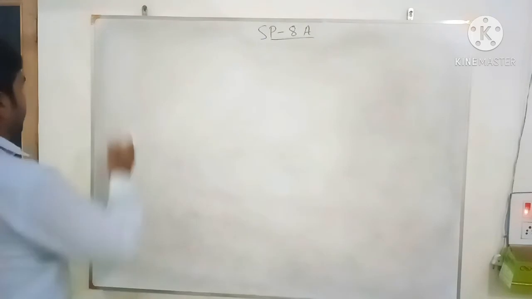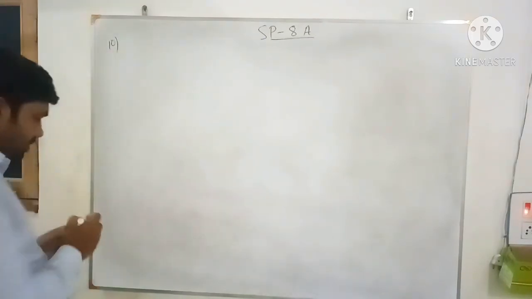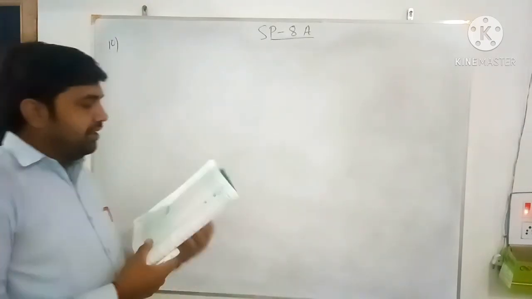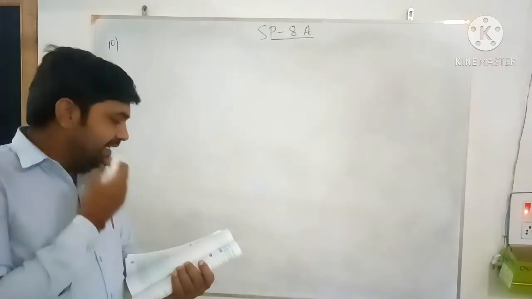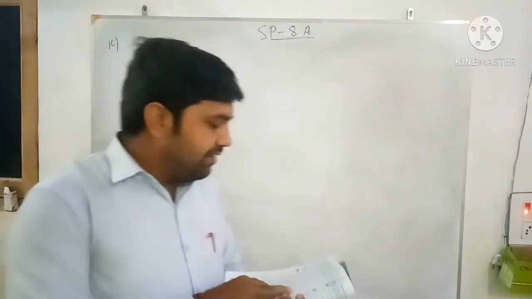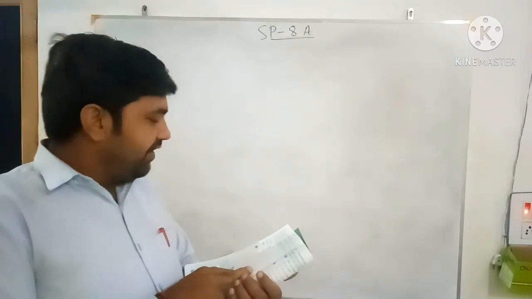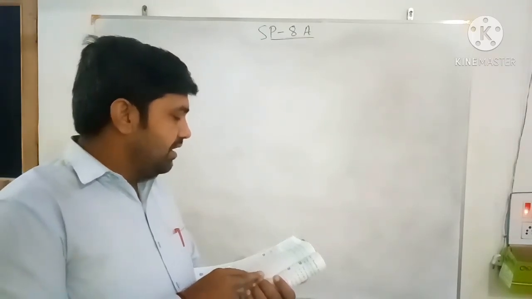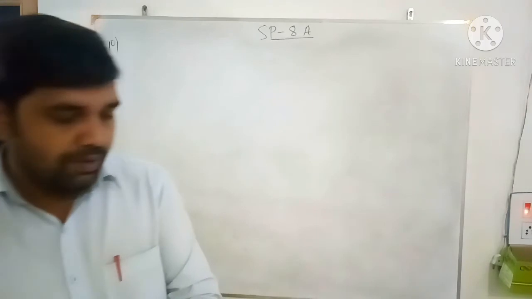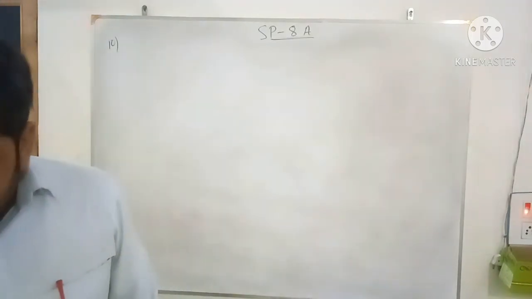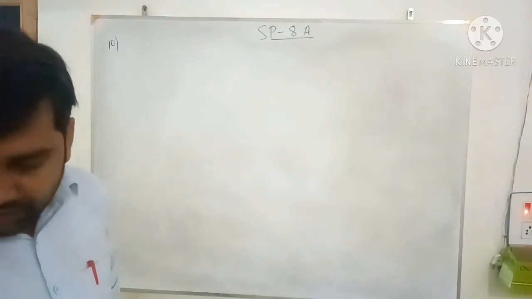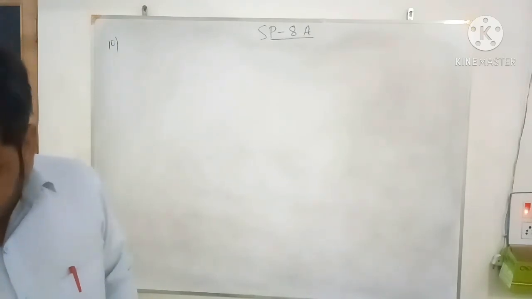Now see the question number 10. Prashant spends 4 hours a day on his self-study. So in one day, 4 hours he is spending for the study, 1 hour for playing video games, and 1 hour in doing workouts at the fitness center. What percent of the day does Prashant spend on these activities? Total hours in one day is 24 hours. So out of 24 hours, how much is he spending on these activities?